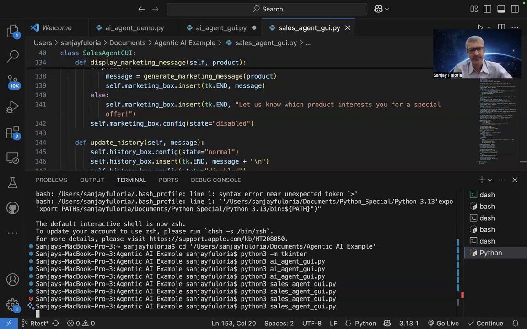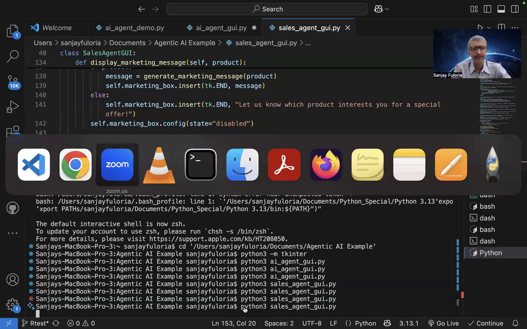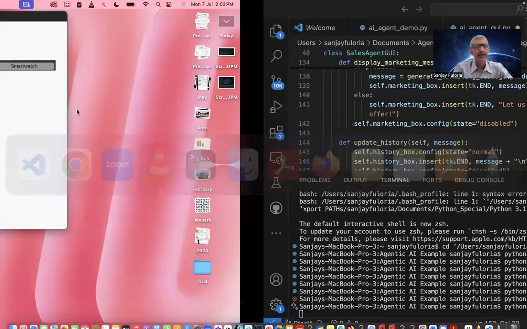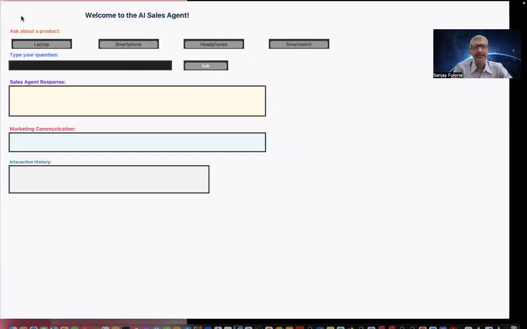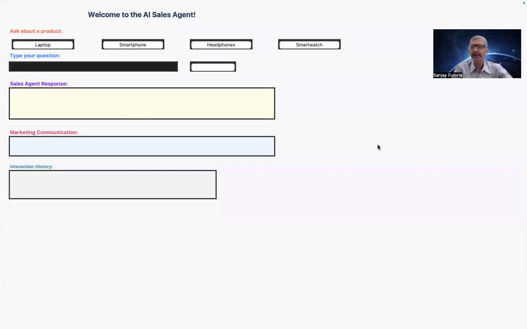Then when I run it, I can open the box here. So here is your AI sales agent. Welcome to the AI sales agent. Ask about the product. So you have 4 buttons: a laptop, smartphone, headphones, smartwatch. So you can click one of these. Once you click this,